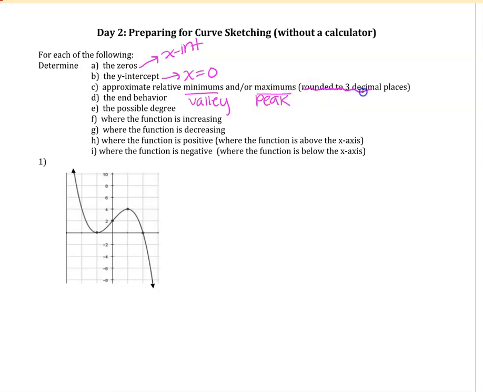You can ignore the rounded to 3 decimals, that's more for tomorrow. We're also going to talk about end behavior, degree, increasing, decreasing, which is read from left to right, and positive versus negative. All right, so I'm going to give you a picture, and we're just going to talk through all